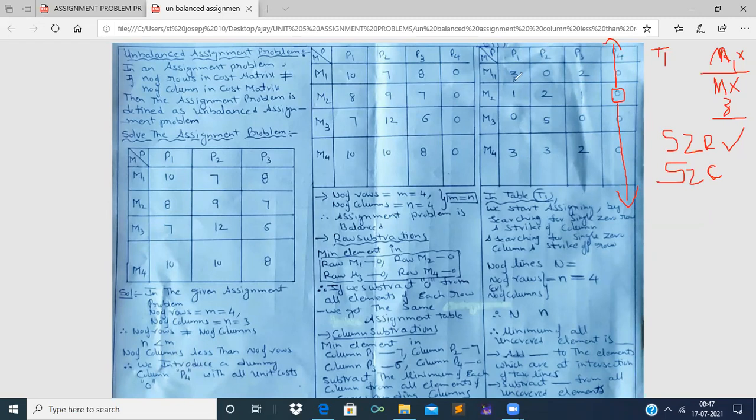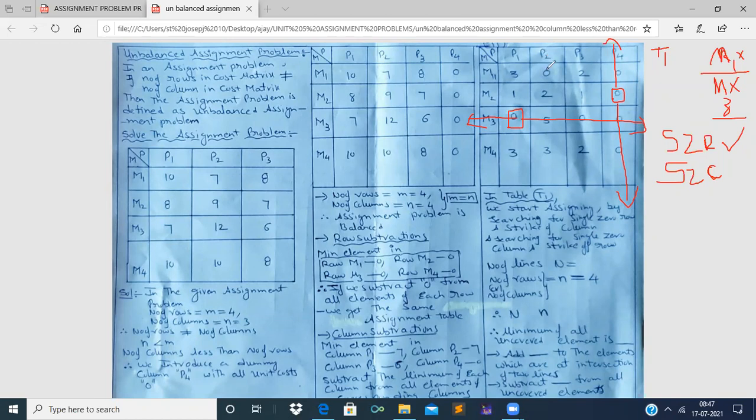In the first column, if we observe carefully, the elements are 3, 1, 0, 3. Definitely it is a single zero column. As we are searching for single zero column, and we have given assignment, and this assignment is in the third row, therefore we strike off this third row. Now the first column contained a single zero, and we have given assignment and struck off the row.